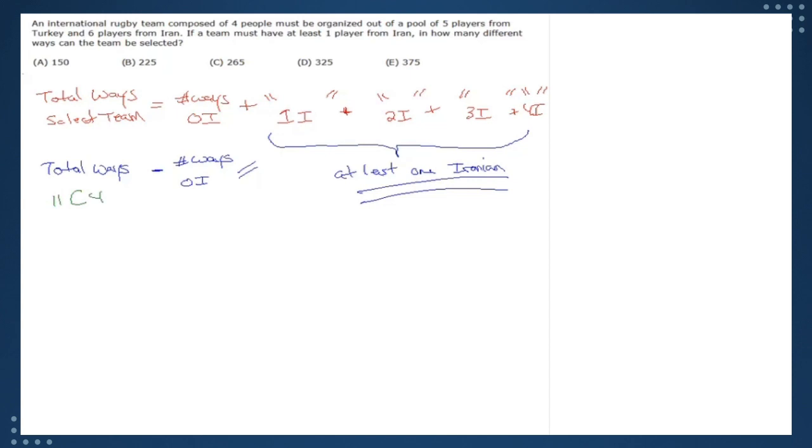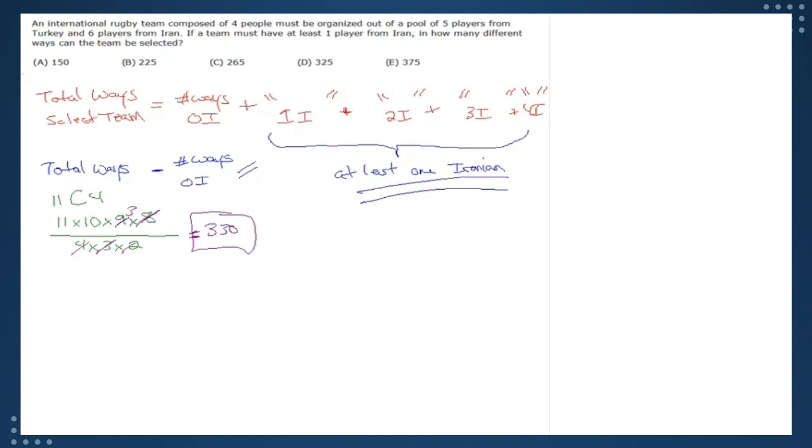So that becomes 11 times 10 times 9 times 8. And of course, we're doing over 4 factorial. 4 times 3 times 2. That cancels, so then the math is getting kind of large. We end up with 30 times 11, which we end up getting 330. Now, the next thing here is we just need to do the number of ways for 0 Iranians,